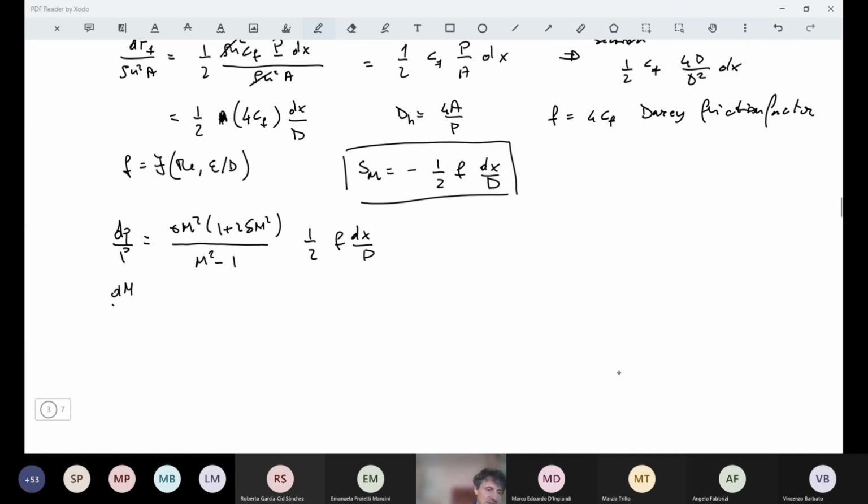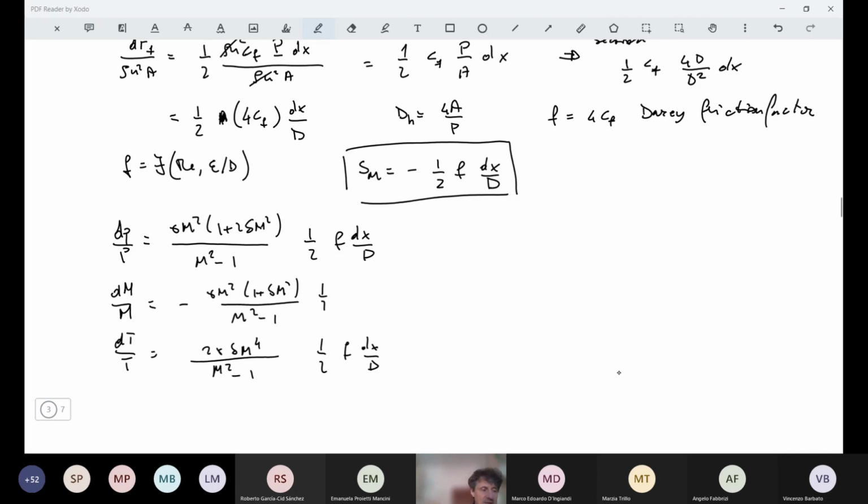And so the similar equation for the Mach number and for the temperature, minus gamma M squared (1 plus delta M squared) over (M squared minus 1), 2 gamma delta M⁴ over (M squared minus 1), times 1/2 f dx over D. We can have a look